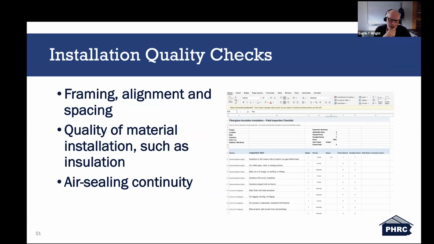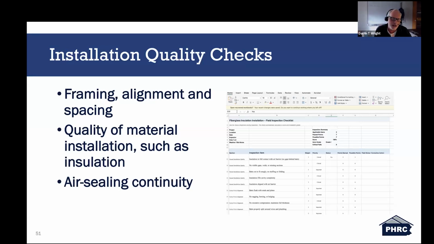This is another area where I've been pretty successful in getting AI to work for me. Actually creating pre-inspection checklists. It's very good at taking IECC information, and if you're going to have an insulation inspection, it can create a specific inspection report or guideline that can be used to inspect that particular house.